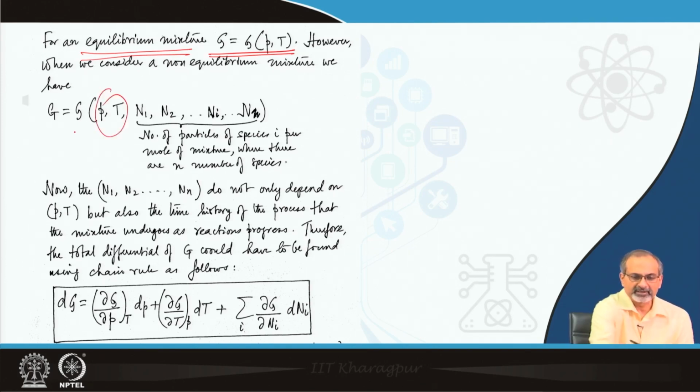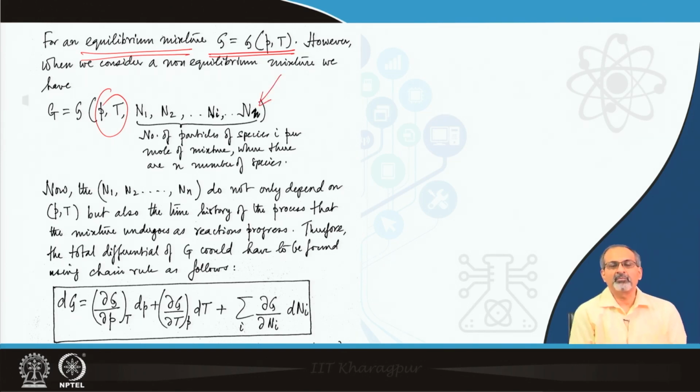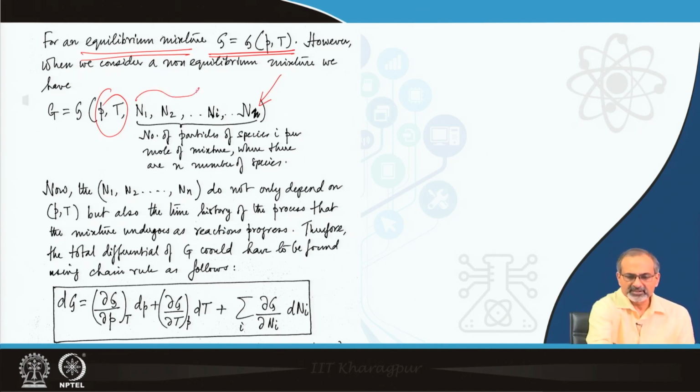You cannot confine it to only P and T or any other two independent thermodynamic variables, but rather it also becomes a function of the number of particles of the species i per mole of mixture, where there are n number of such species. So, this is basically some kind of a population distribution, if you want to call it that way, and it is an instantaneous one. Each one of these can be a function of time,